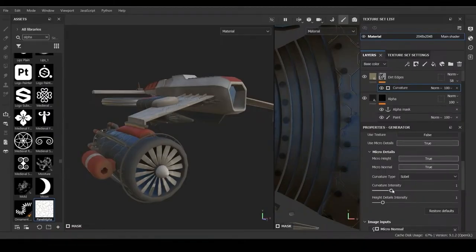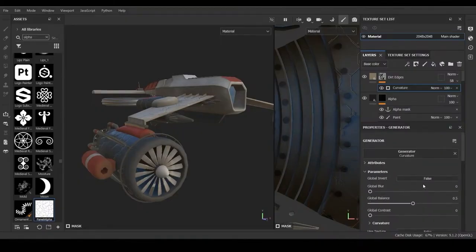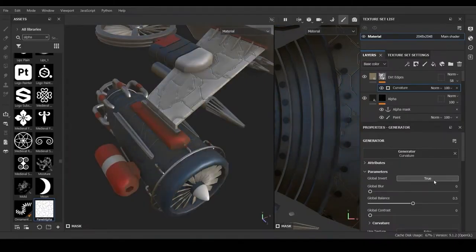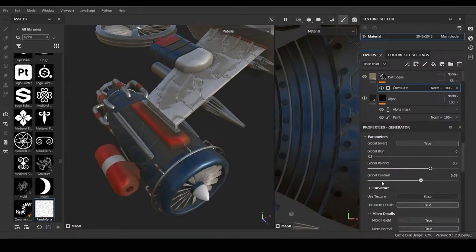Now I'm adjusting the global balance and contrast to fine-tune the alpha. These two settings can completely change the look of the same texture, so don't be afraid to experiment. Sometimes a tiny adjustment is all it takes to transform an average-looking detail into something that blends naturally with the